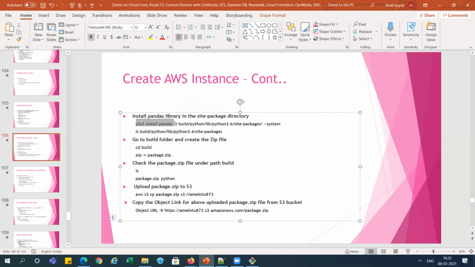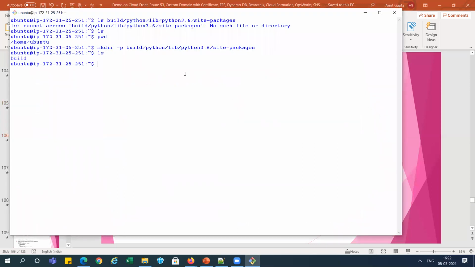So with pip3 install pandas -t, we are giving the path for that installation. If I run ls right now, we don't have anything under site-packages. We are going to install pandas under this package.